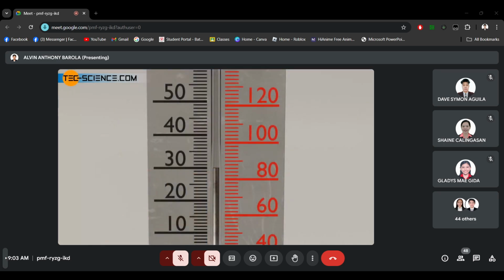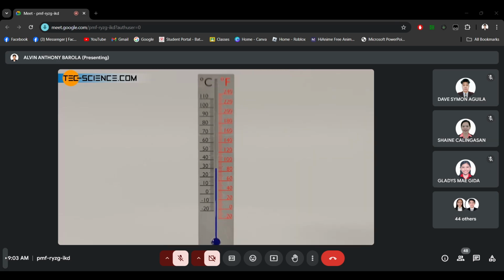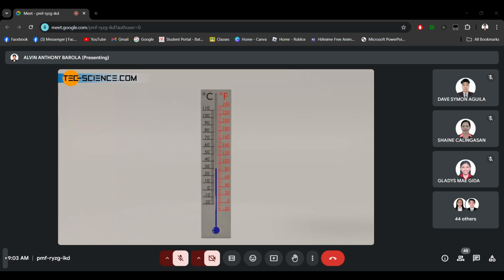Also, for this reason, water is not suitable, since water expands unevenly due to the density anomaly. However, liquids which have all the required properties, and are therefore suitable for use in liquid in-glass thermometers, are also referred to as thermometric liquids. In the past, the highly toxic mercury was used, which has a solidification temperature of -39 degrees Celsius, and a boiling temperature of 357 degrees Celsius. Nowadays, usually blue or red-colored ethanol alcohol, with a melting point of -115 degrees Celsius, and a boiling point of 78 degrees Celsius, is used instead of mercury. In this temperature range, the everyday temperatures in the range between -20 degrees Celsius and +50 degrees Celsius can be